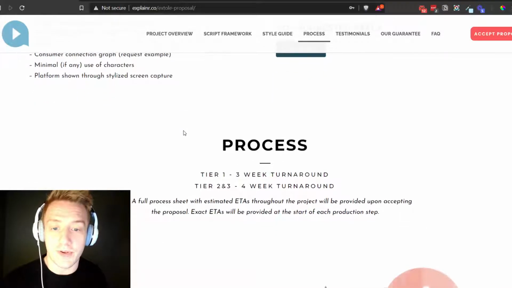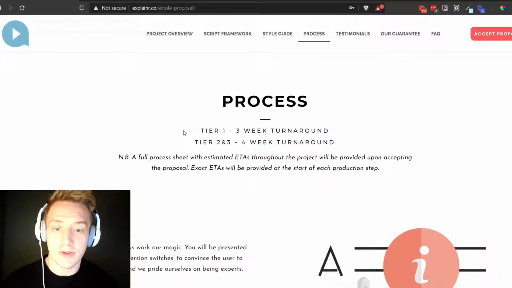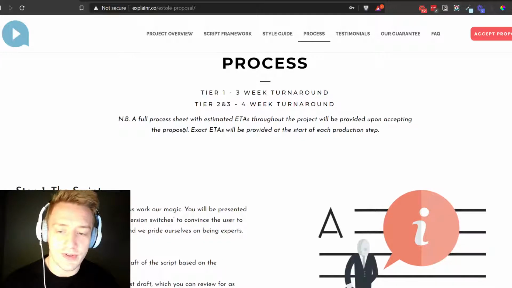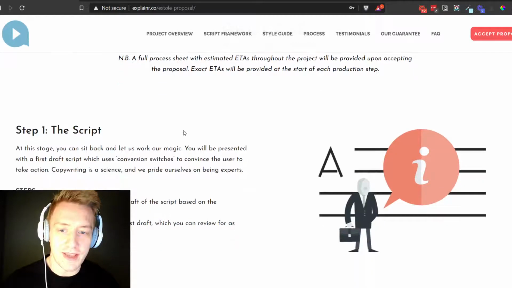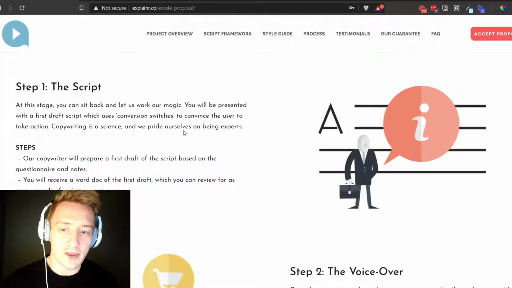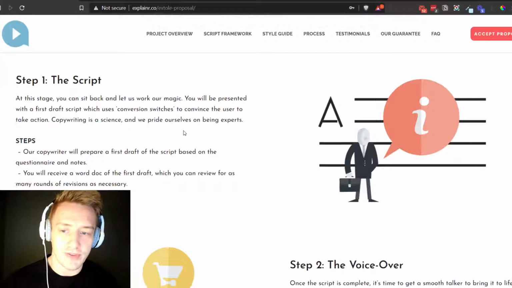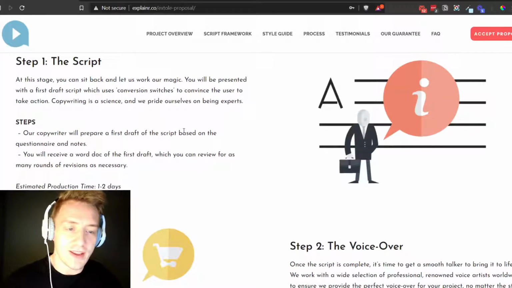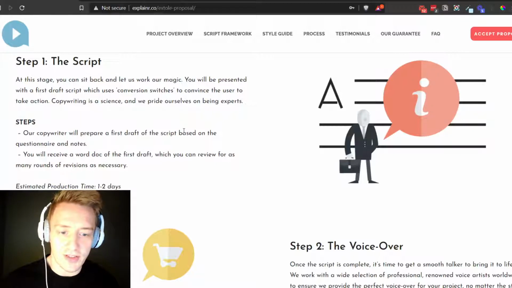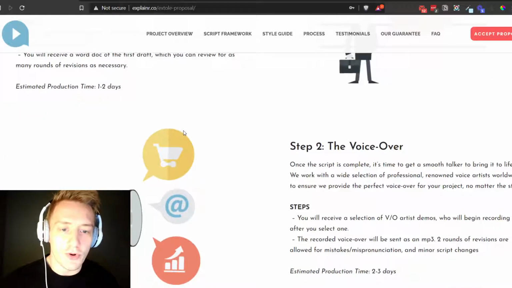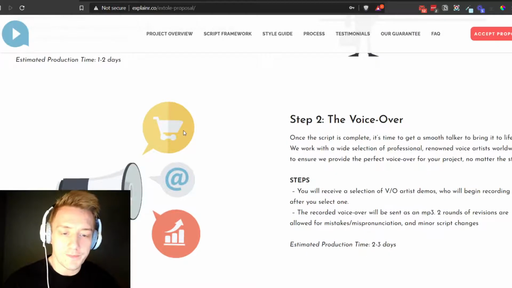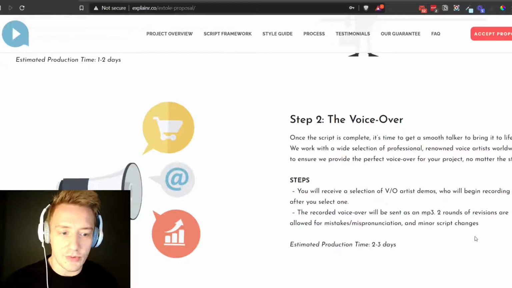In terms of the process for tier 2 and 3, we're looking at around a 4 to 5 week turnaround. It depends on revision time, but we try to consolidate revisions as much as we can. So we have script. This is based off the framework, the questionnaire, the notes that we have. Like I say, if we've already got the approved script framework, the script itself doesn't take long for us to put together. It'll be a day or two. Once we have that, we would move into voiceover. And with voiceover, the first thing we would do is send you a selection of the current reels we currently have in the